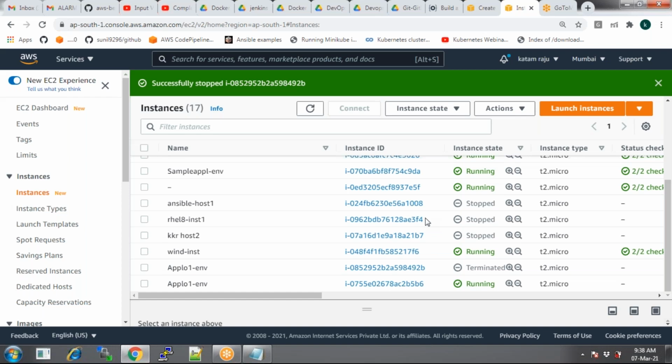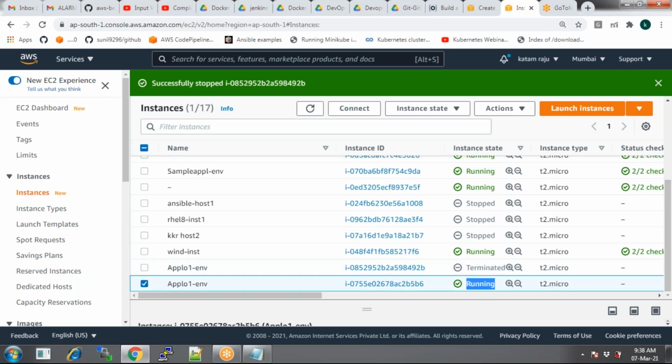But you may stop the instance for some other reason. Why do you stop your production instances? There's a production issue, right? Say the previous one is terminated and now it has created a new one. So even though I stop the instances, what is happening then? It is terminating the instances.